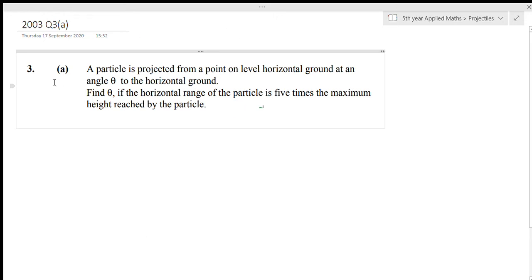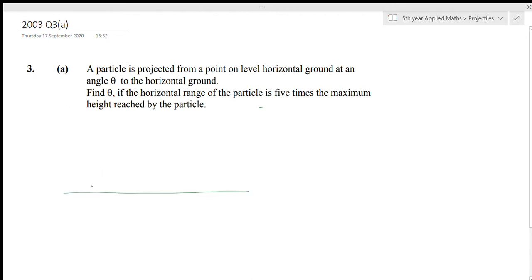So in this video we're going to look at the 2003 question 3a. In the question we have a particle which is projected from a point on a level horizontal ground. So here's our level horizontal ground, and it's projected at an angle theta to the horizontal. And the question is, find theta if the horizontal range of the particle is 5 times the maximum height reached